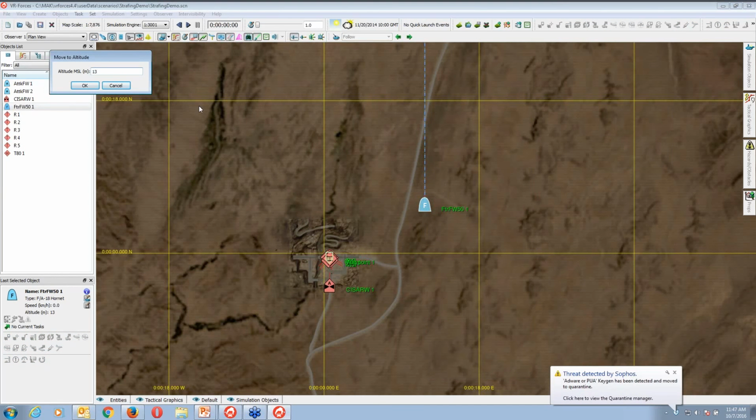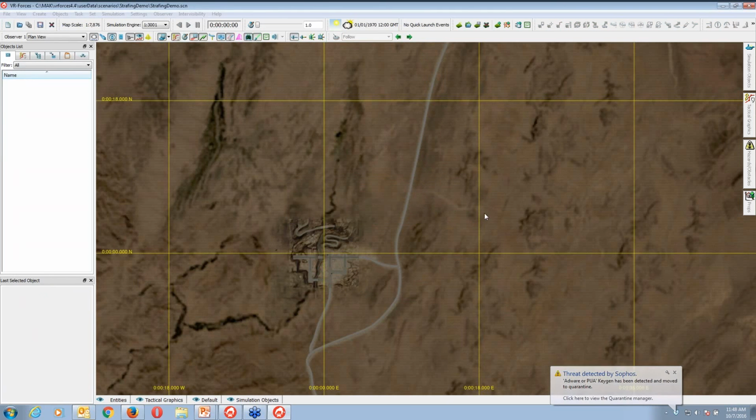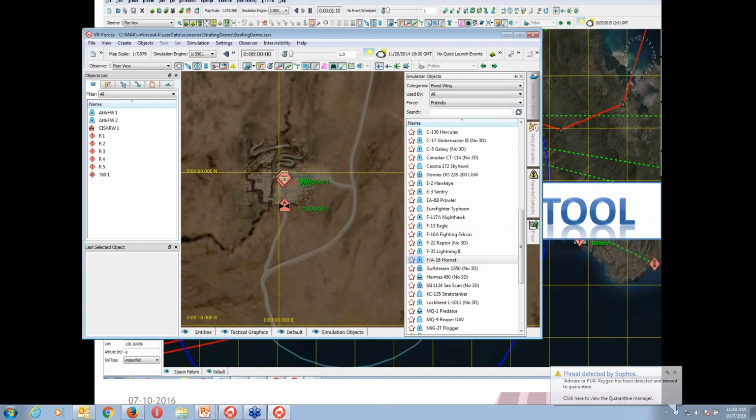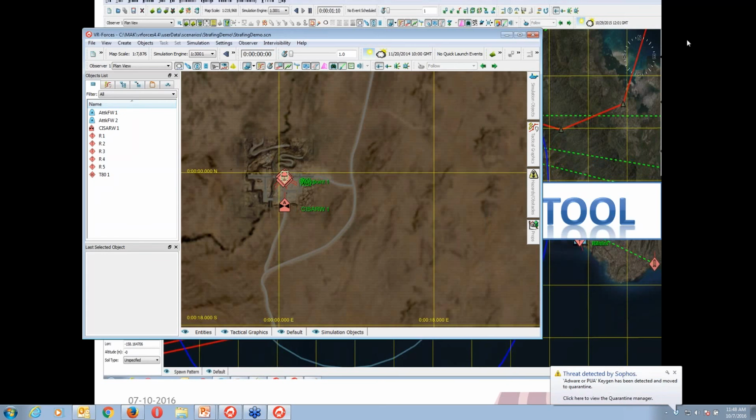If I say 1000, say yes, okay, and then no. I'll refresh the scenario and again bring in one object. So this is how we run the scenario.